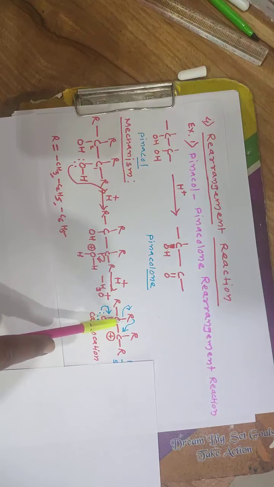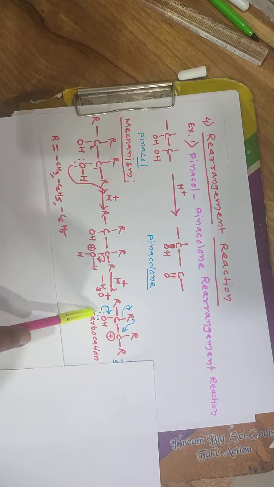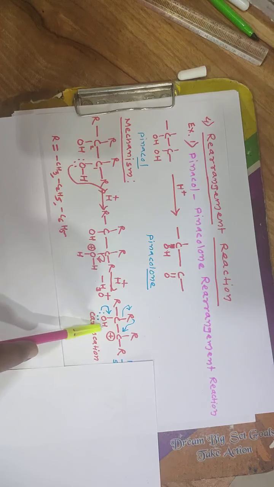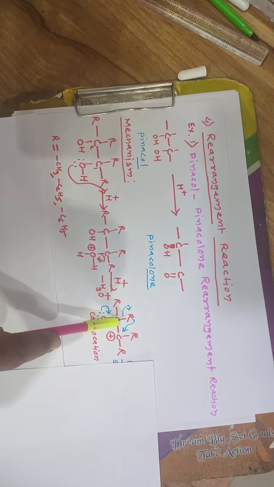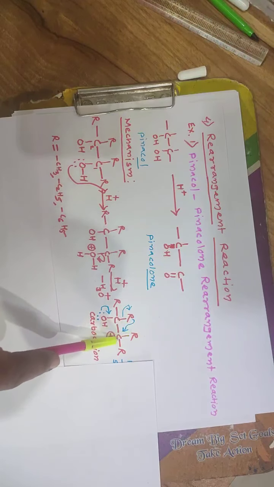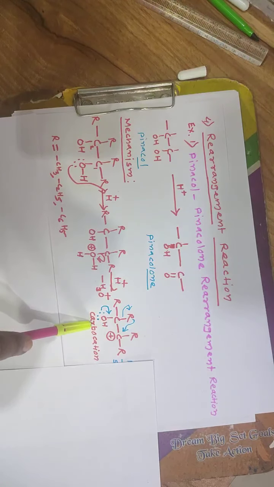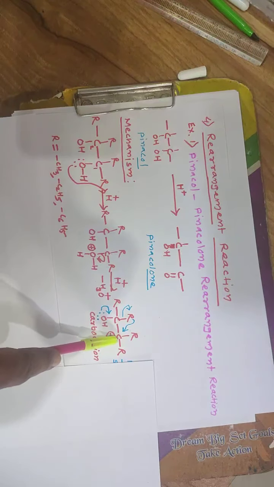As soon as C becomes positive, what happens? The lone pair on the oxygen is involved in delocalization. So there is a formation of a double bond between the carbon and oxygen. As oxygen gives its lone pair, oxygen becomes positive. At the same time, as the sigma bond opens on the R, it is negative, so R negative will shift onto the C positive. These steps take place simultaneously. So the sigma bond opens on the R negative, which attacks the C positive.